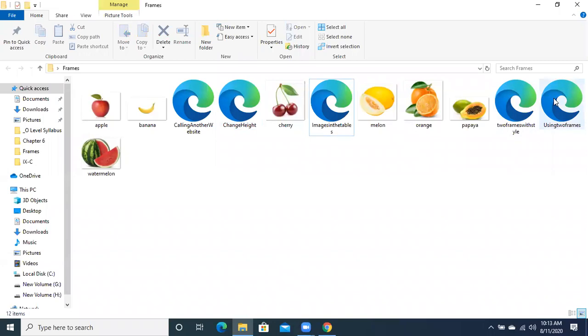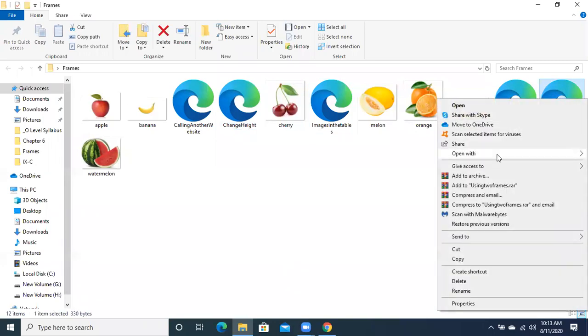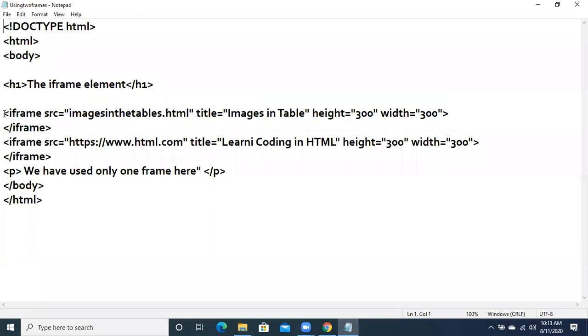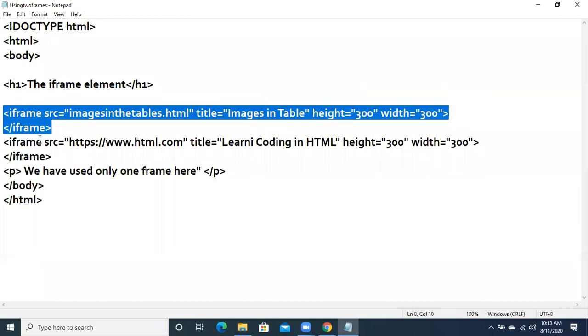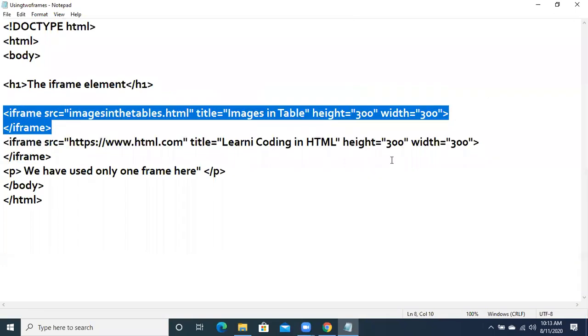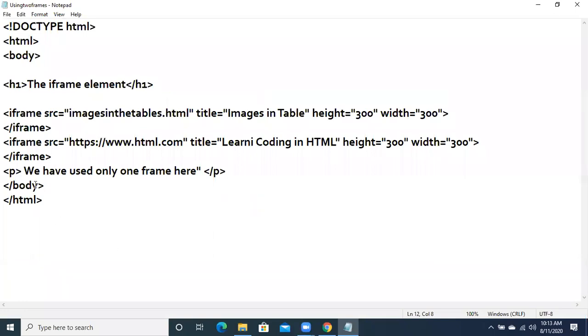I am going to use two frames now. Please pay attention and look at the display. When I am using two frames, I will use the iframe tag two times. This is for one frame and this is for another frame. It is for the first frame and it is for the second frame. In the first frame, I am calling my local file.